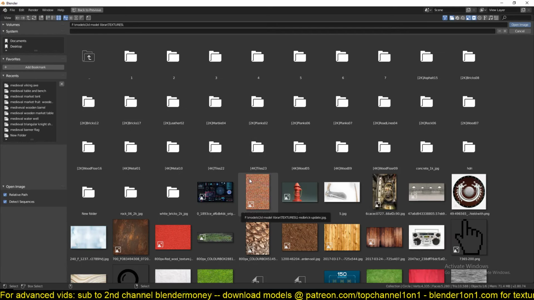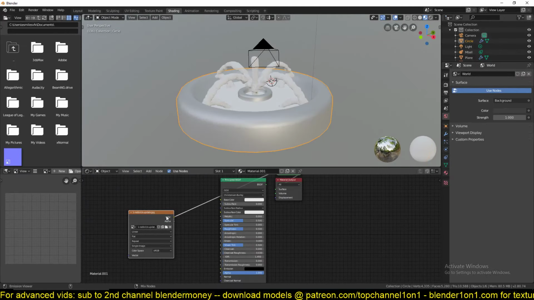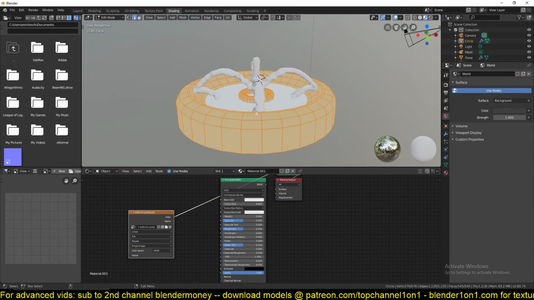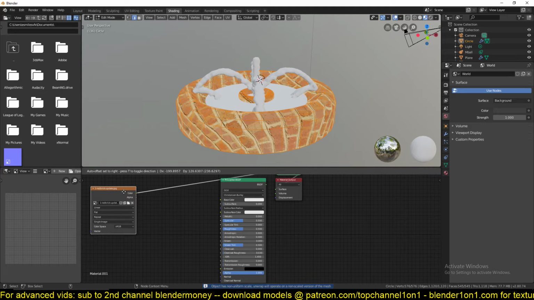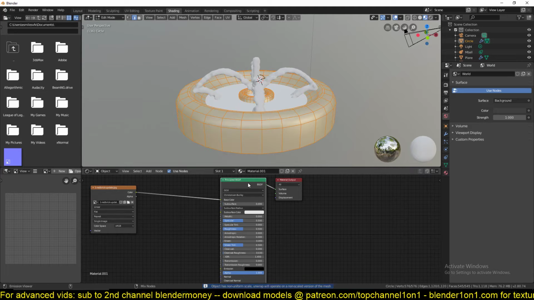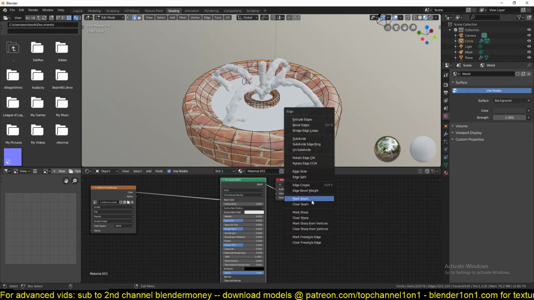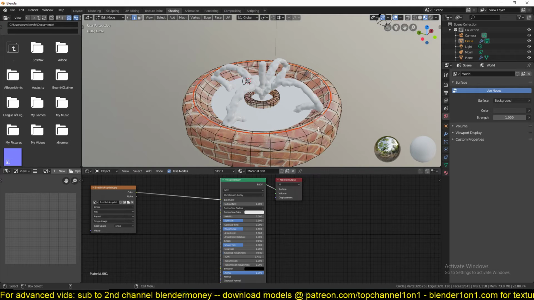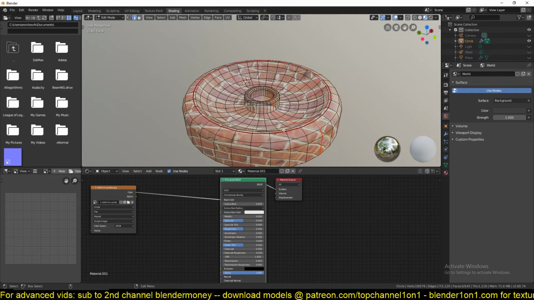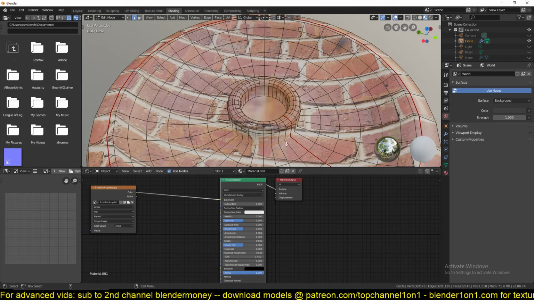Should I use this? You know what, let's just do something simple here. This is not a texturing tutorial, so you know what, I also want to make it look good, so I'll just mark a seam there, mark a seam there. First clear this,